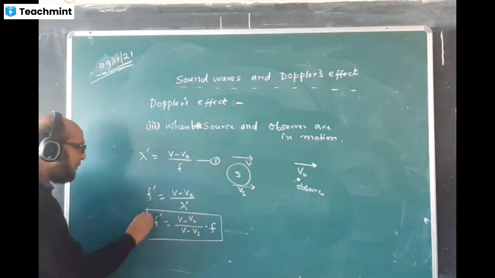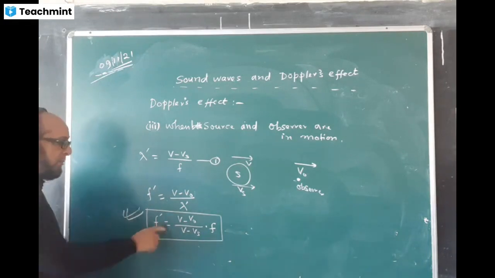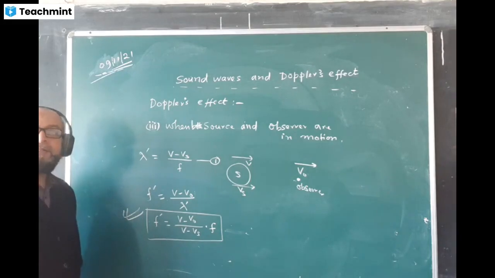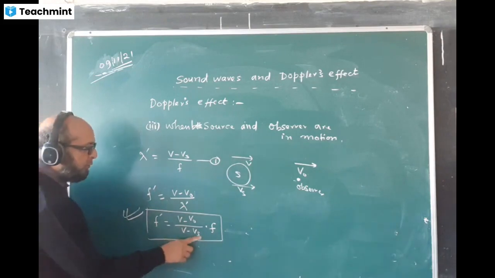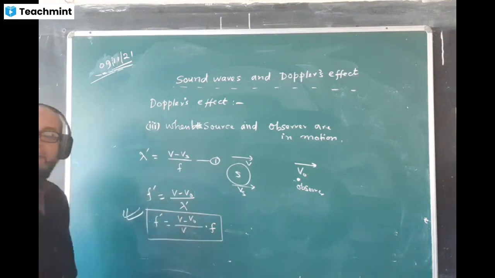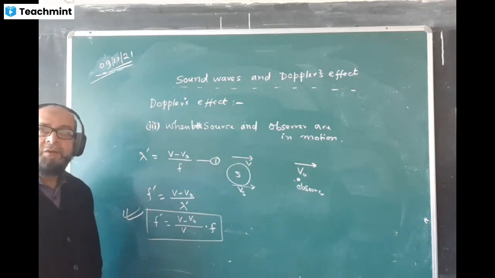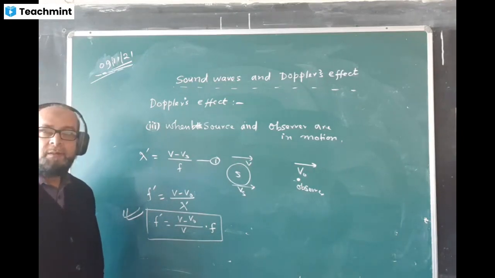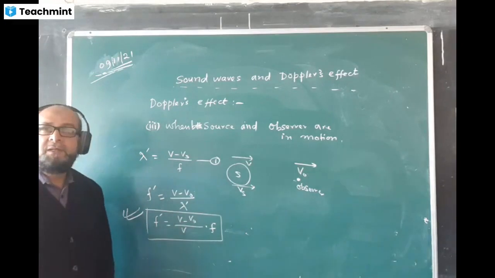If you remember only this formula, you can solve any question. You don't have to remember case 1 and case 2. How? I will tell you, if you remember this formula. First case, source is at rest. That means Vs is 0, so you have this formula. Check the first formula which you got, when the source is at rest and the observer is moving. Vs value is 0, then we have this formula. We already derived it. Case 1, please check.